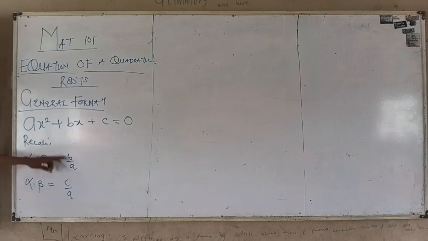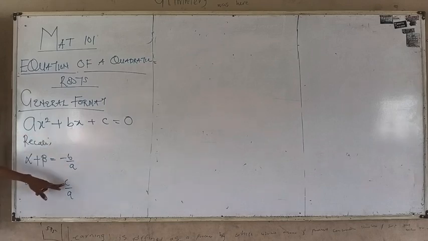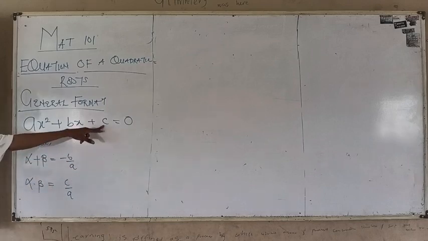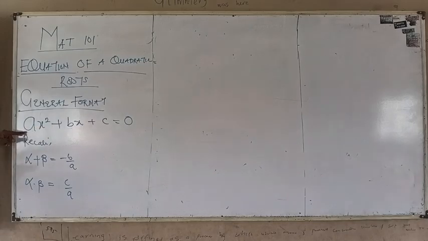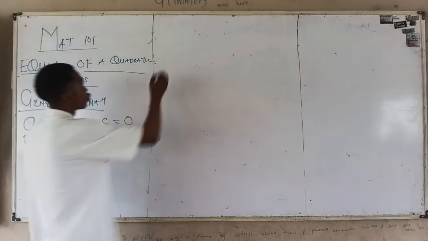Yes, there is a way. Let me tell you the way. Look at this carefully. Where can I have b over a? Under b. Where can c over a be possible? Under c. So what should I do? Divide each term by what? a. So dividing all through by a,